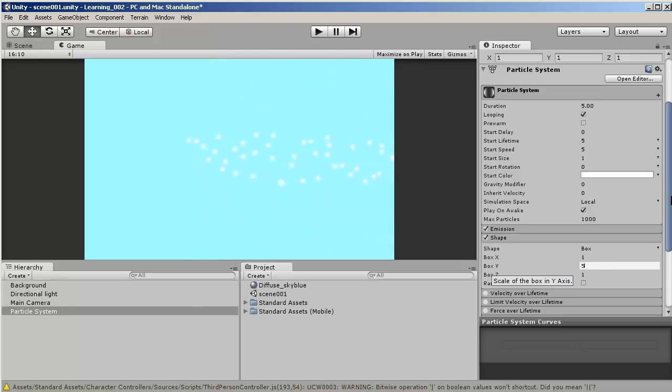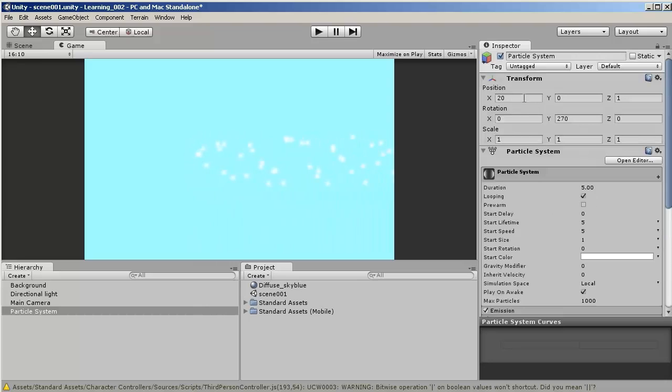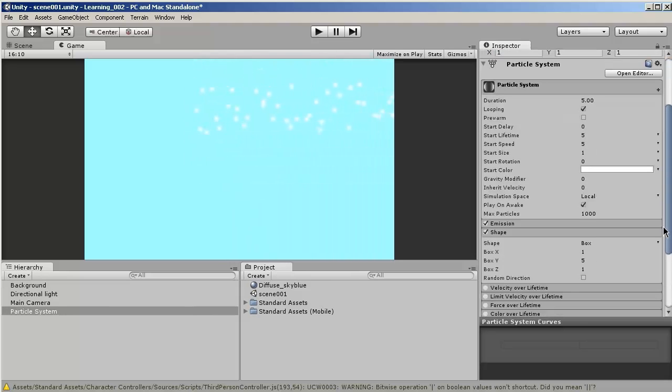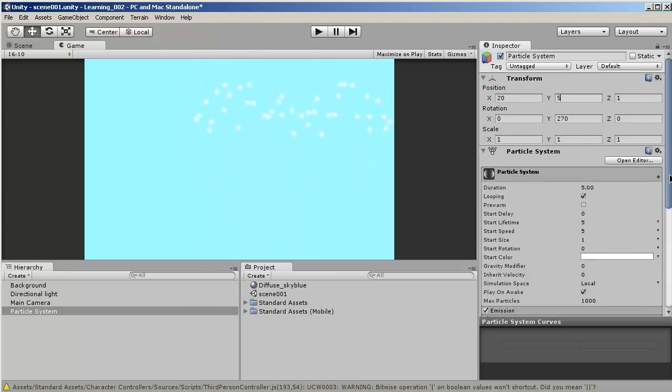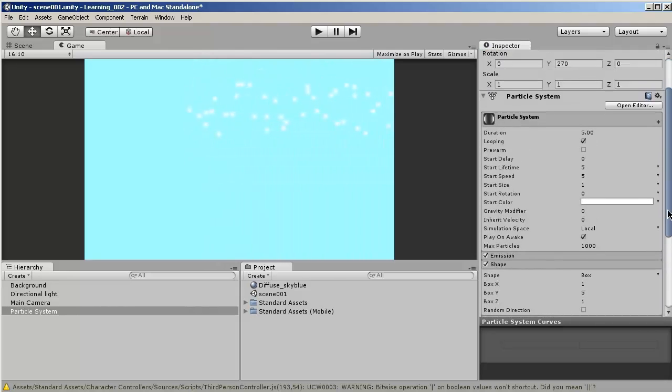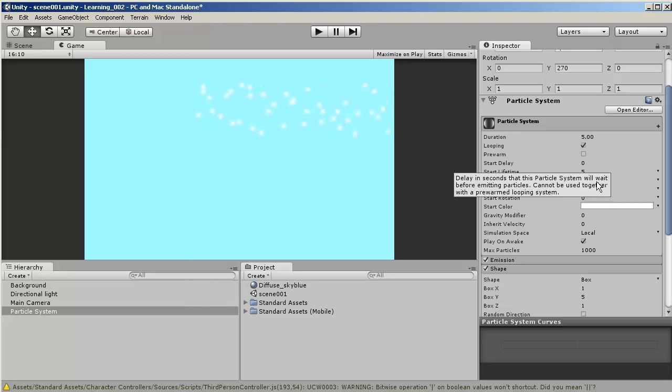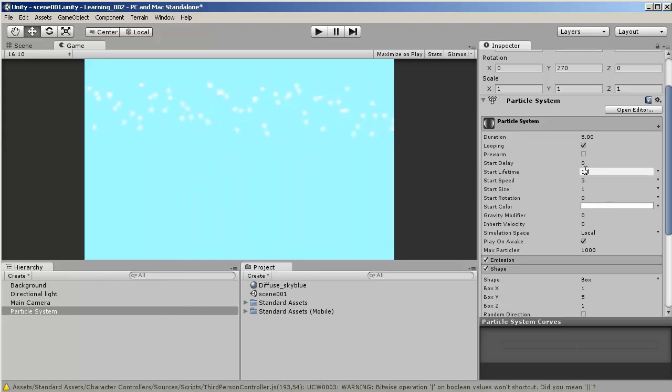Alright. And in fact I might put it further up. If we go back to the position, x, y, let's put that 5. Let's put that up there just for the fun of it. Looping, pre-warm, start delay 0, start lifetime 10, so that they go all the way across